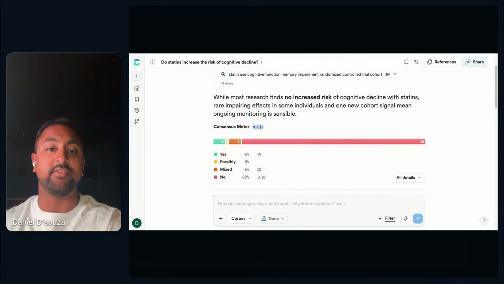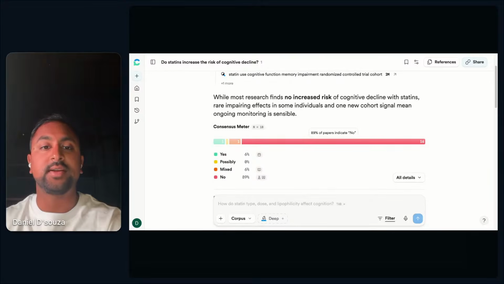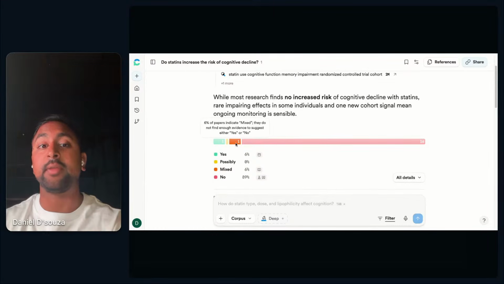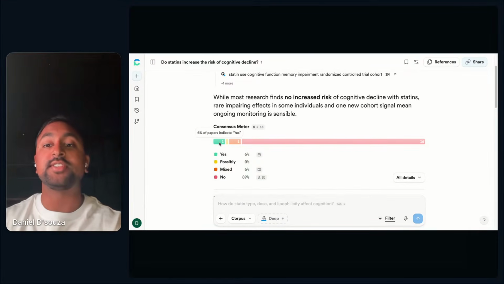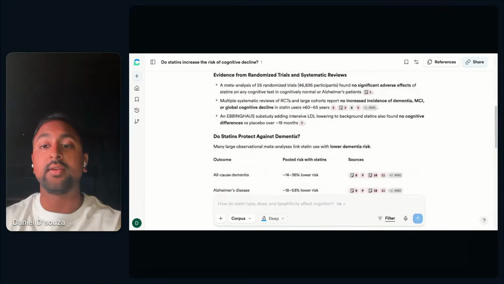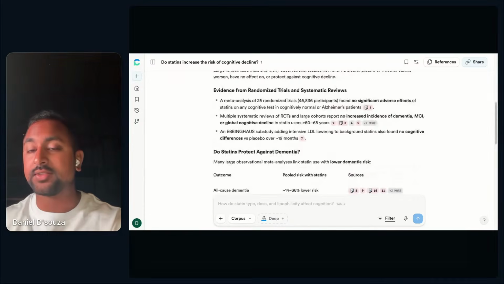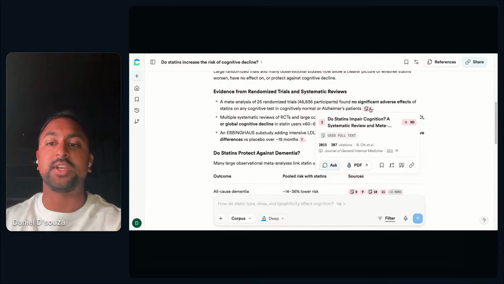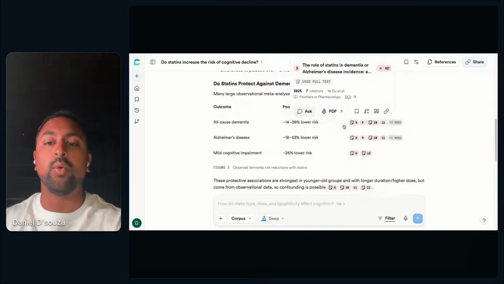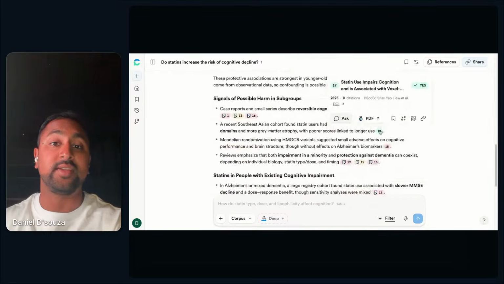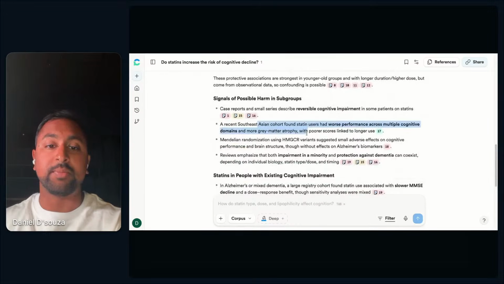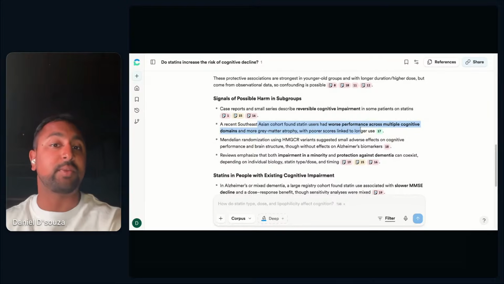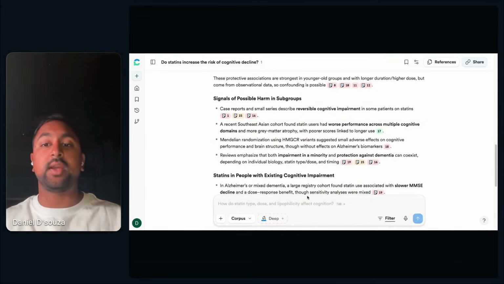So it's got a set of about 18 papers it's looked at. And I can see here that about 16% of them say no, statins do not increase the risk of cognitive decline. But I can see that there are some that indicate mixed or yes. And this is extremely useful for you to understand that not all research is one-dimensional. And I can even see here in the citations, it's color-coded to say which ones say no versus which ones potentially say yes. And so in this one, for example, it's looking at a very specific population. So I can now go in and say,